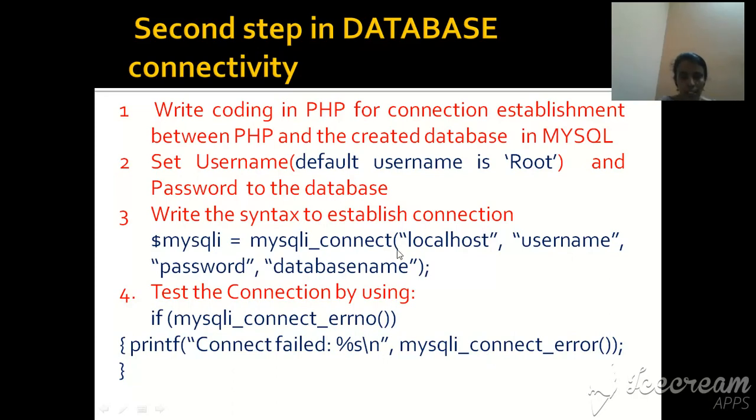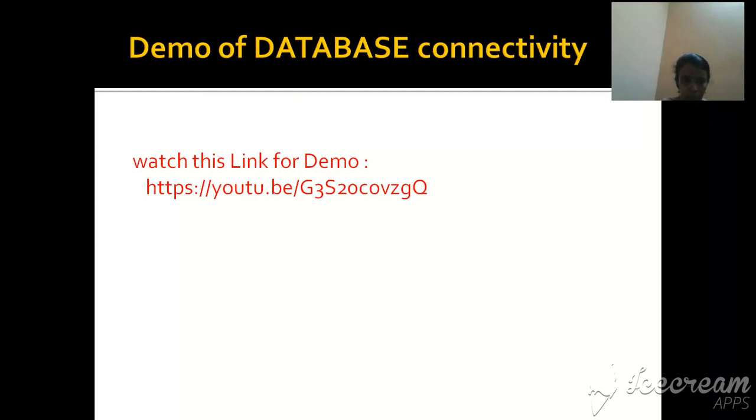So like this you can create a simple database using MySQL. You can create tables inside that database, and you can give a connection with PHP and MySQL. So you have to write the entire code for the PHP. How to connect using the XAMPP server will be given in the form of a demo URL in the next slide. I have given a link for database connectivity using XAMPP and PHP with MySQL.